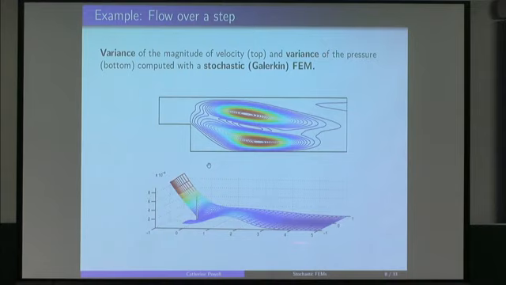Well, this is the variance of the pressure. And again, I've got a spike here. The variance, or my prediction of the variance, is sort of high here. But actually, that's just spatial error. The fact that my variance is high there, it's not telling me that I've necessarily got anything to do with the uncertainty. In some sense, it's just numerical error. Okay? So this is the kind of information you can get out of computer codes that apply stochastic finite element methods.